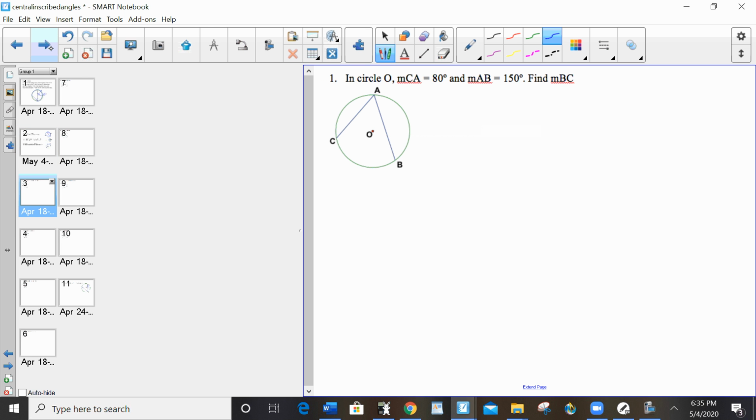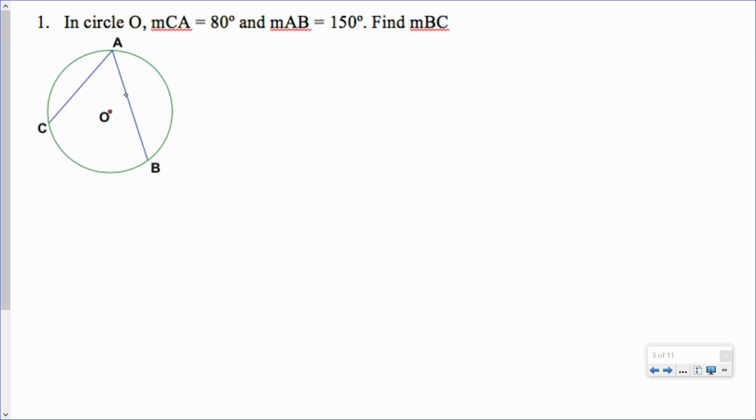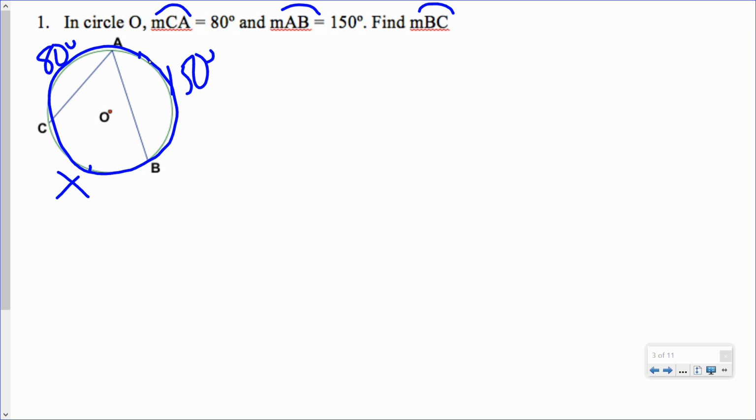So number 1, the measure of arc CA is 80. The measure of arc AB is 150. And it's asking for arc BC. So I'm always going to put an X on what I'm trying to find. Well, we're dealing with the arcs of a circle, and these 3 arcs together make up the full circle. I know that the arcs of a circle add to 360, so I can add the pieces of the arc